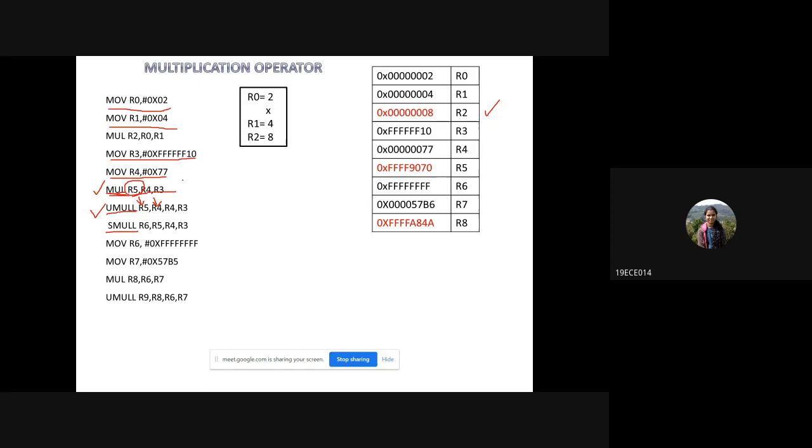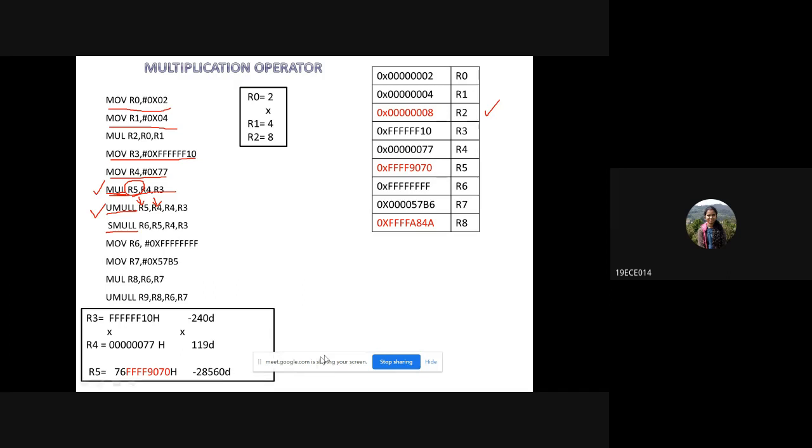4x 9070, ma'am. See, after multiplication, this is the original result. That is, you will be getting a 64-bit number. That is 76 4x 9070.